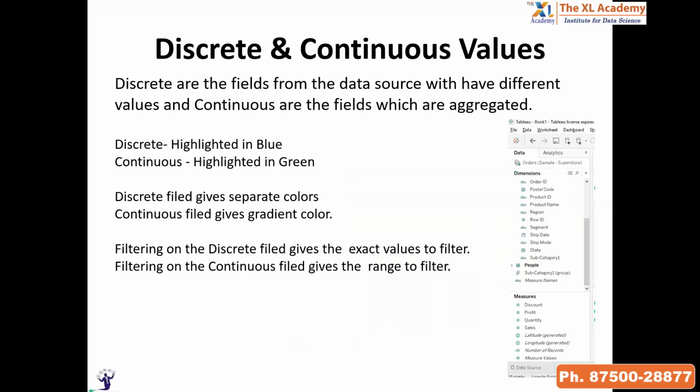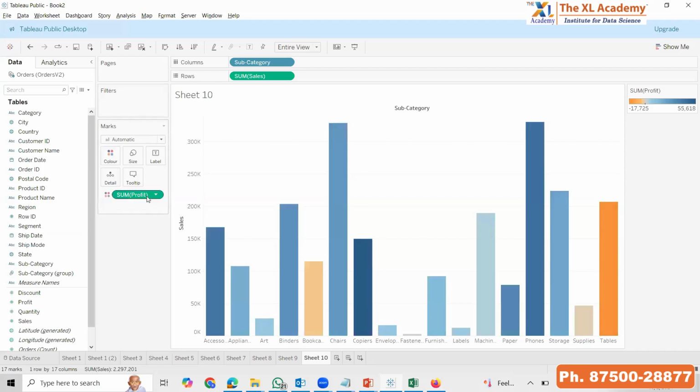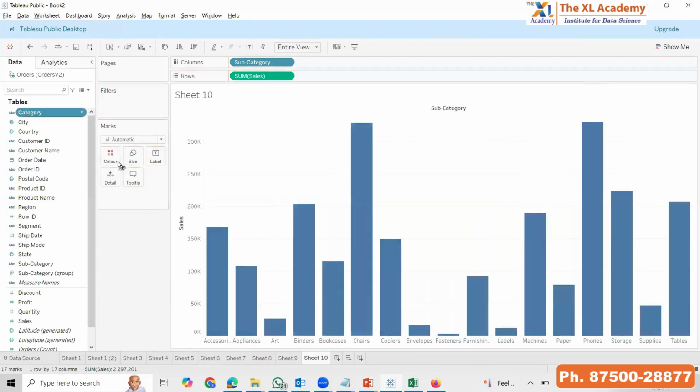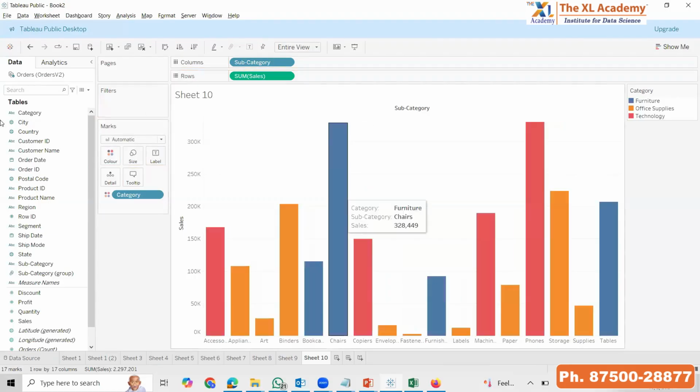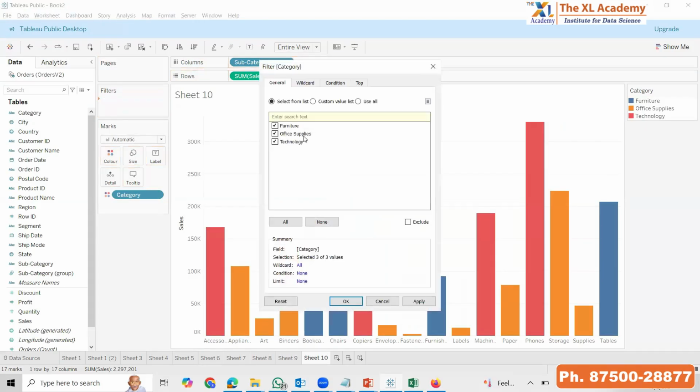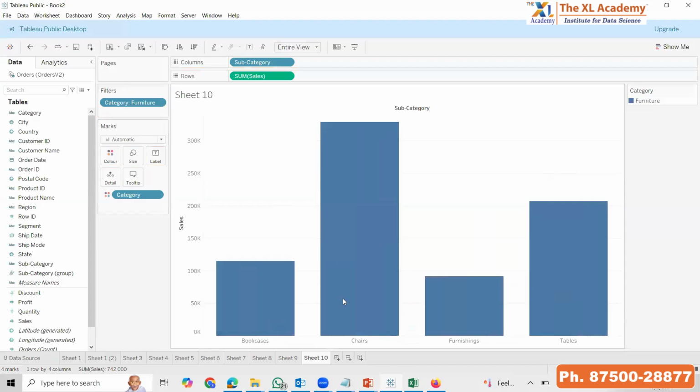Then filtering on discrete will give you an exact value to filter, and filtering on continuous will give you a range to filter. So let me put a discrete field into the filter. Here it goes, and here it is. You can select whatever you want, right? Individually. फर्नीचर, ऑफिस सप्लाईज, टेक्नोलॉजी, तीनों अलग अलग मिल रहे हैं, जो चाहिए वो रख सकते हैं, जो नहीं चाहिए वो हटा सकते हैं. ओके,